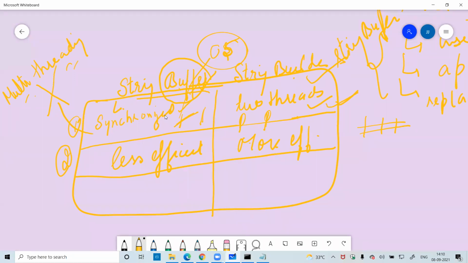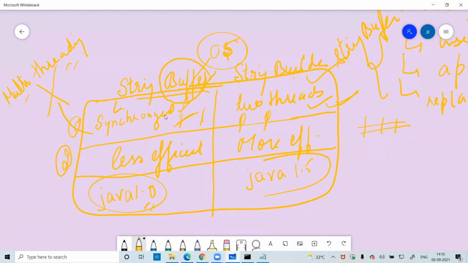And last, string buffer was introduced in Java 1.0. This is standard Java. String buffer is introduced in Java 1.0, whereas string builder is introduced in Java 1.5.